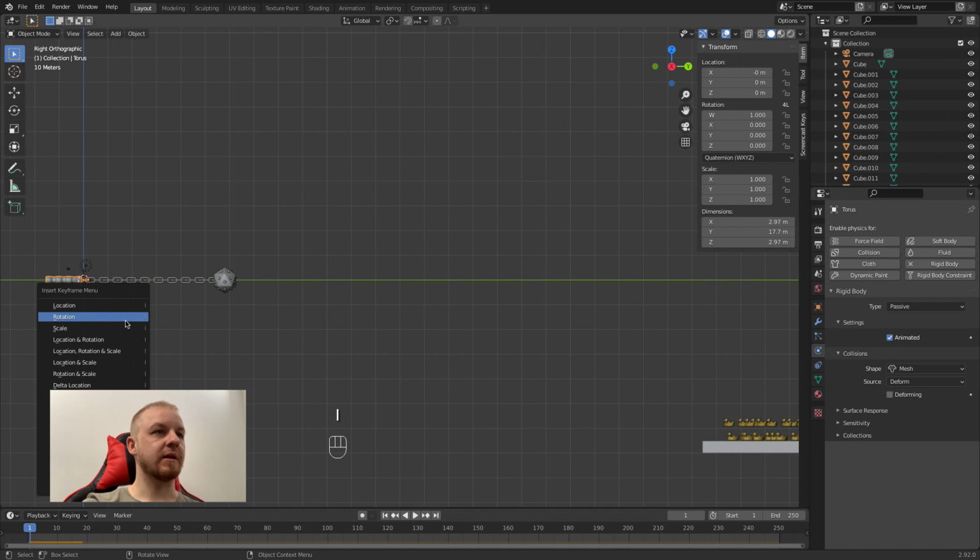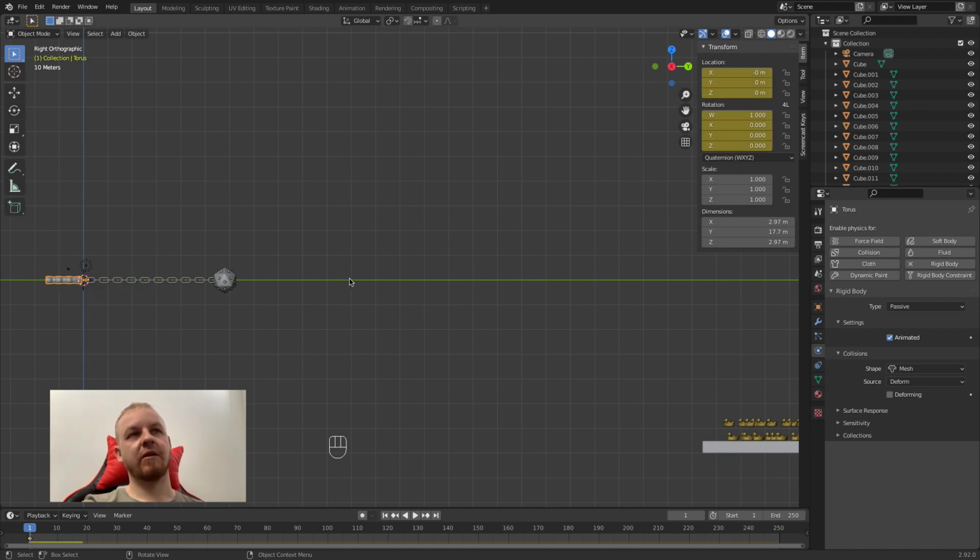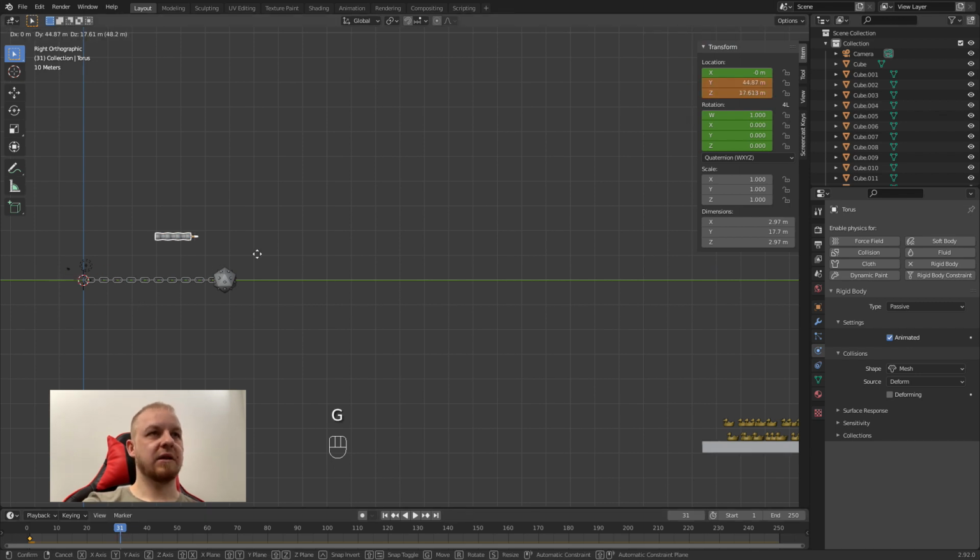So I will use location and rotation, because we want to move the handle and then swing it by rotating it, so we need to keyframe both of these. So we have this keyframe, which is this diamond shape, like a rotated square, and now we can move some keyframes, let's say 30 keyframes, and then just